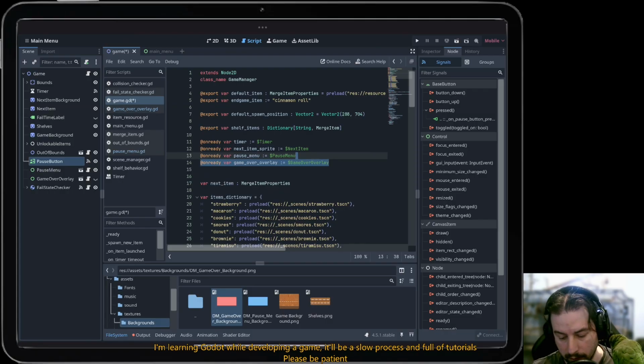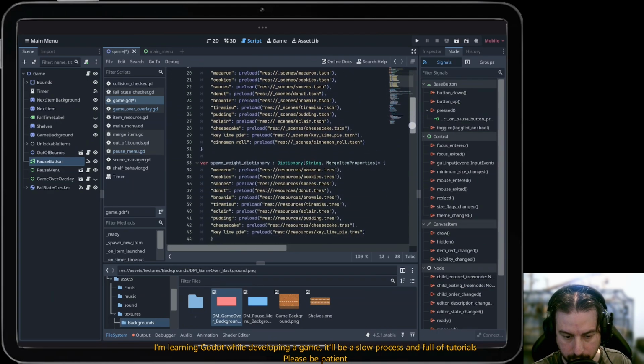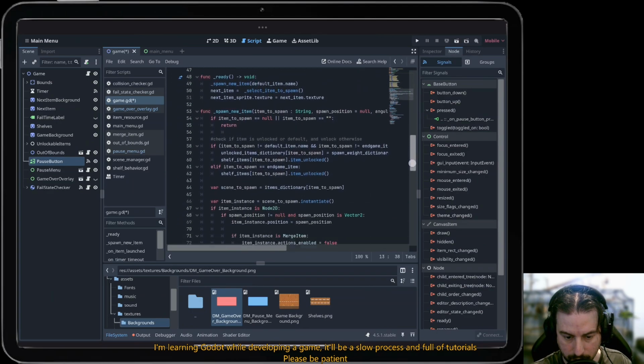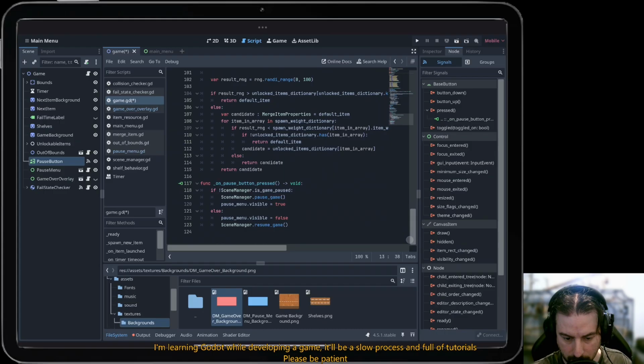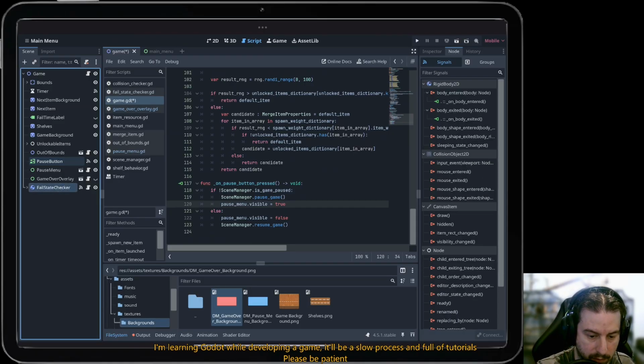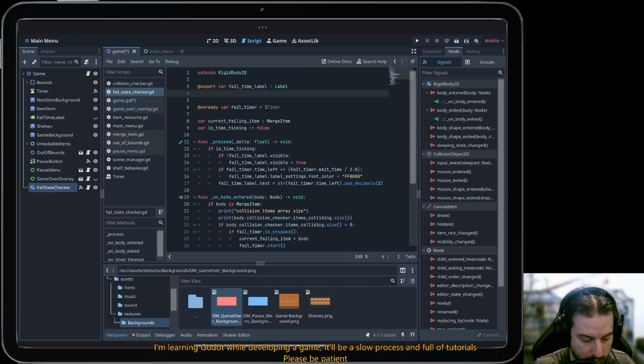And no, I don't need that here. I need that in my fail state checker. But what I want to do is just pause the game and visible. Sure. Okay. So I will do that in my fail state checker, and I will have here an export variable,